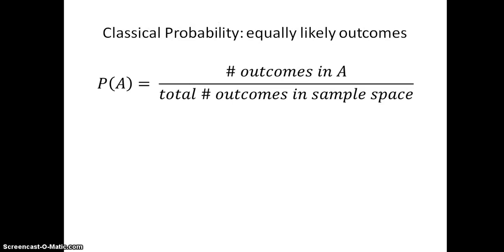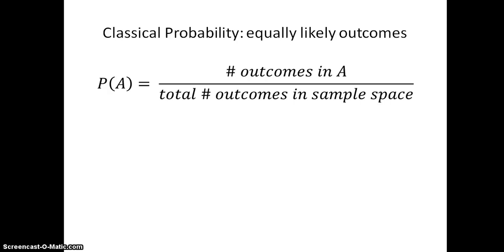Now, there are a couple of ways that probabilities are assigned. There's an approach called classical probability that is used when we have equally likely outcomes. For instance, when we're rolling a die, each of the 6 sides are equally likely to come up, or if we're flipping a coin, we're equally likely to have heads or tails. When we have these types of situations, we can assign the probability to an event A by counting the number of the possible outcomes that are contained in A